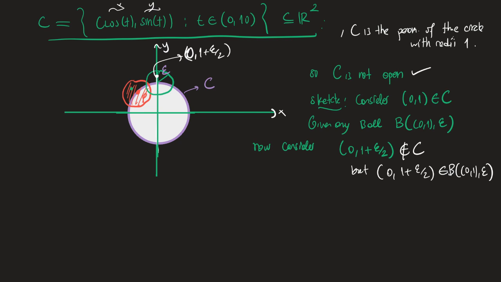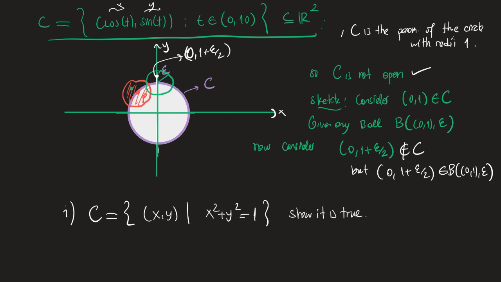Okay, first, C is equal to the following set: (x, y) such that x square plus y square is equal to 1. If you can show this is true, okay, show it. It's true. Then part II, you can also write this set as follows: